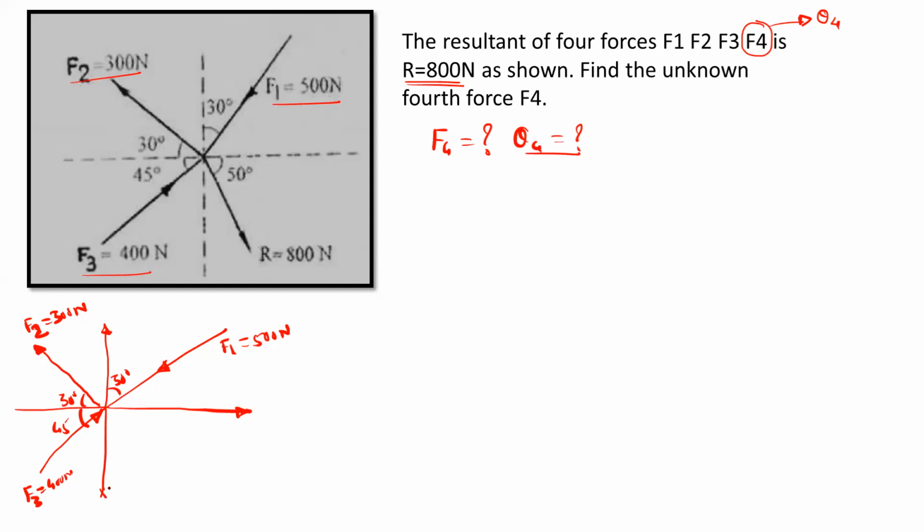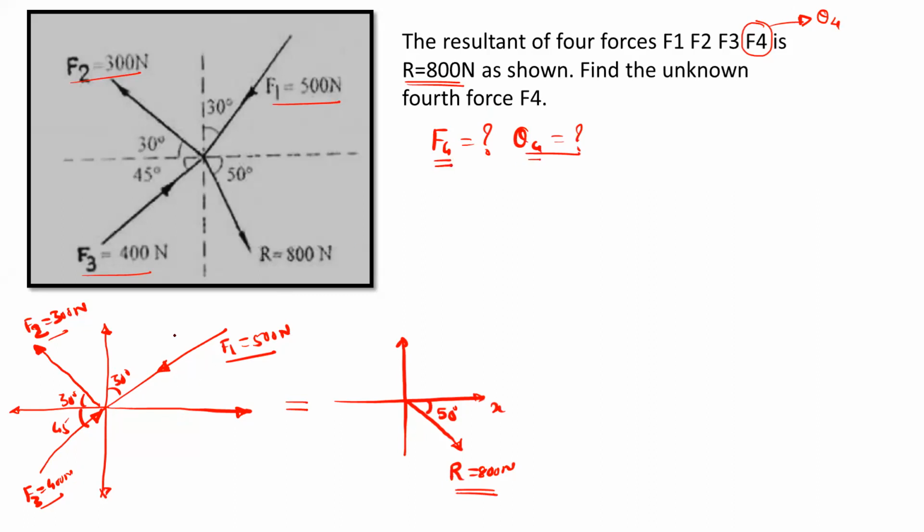So this is the system of forces, and the net effect is nothing but the resultant system. Here R is equal to 800 Newton and this angle is 50 degree. That means if you replace this system of four forces, you will get the resultant system like this, where R is 800 Newton. It will act in the fourth quadrant at an angle 50 degree with respect to x-axis. Okay. So in this system, F1, F2 and F3 are known, but we don't know the location of the unknown force F4 and also its angle.